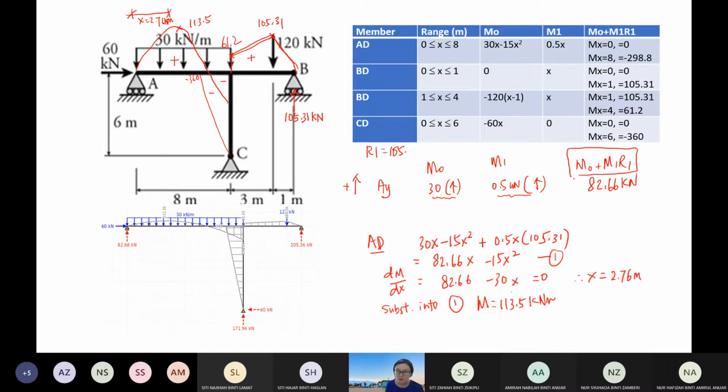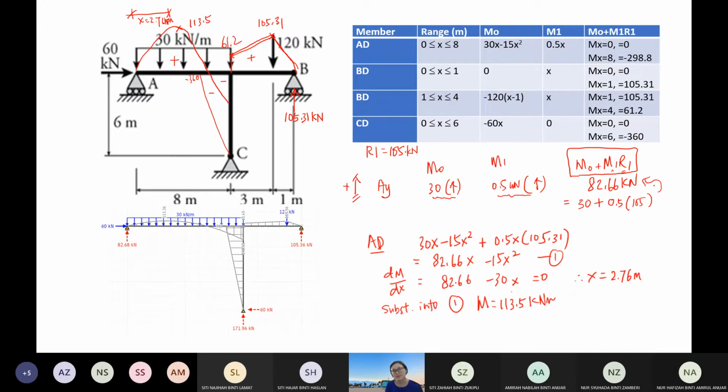It will be equal to 30, which is positive because it is going up, as I have assumed here, plus M1, which is 0.5 going up as well, positive, multiplied by R1, which is 105. So that you will get this value,